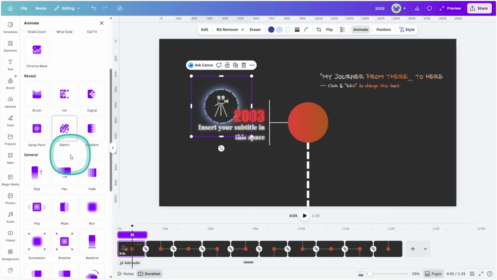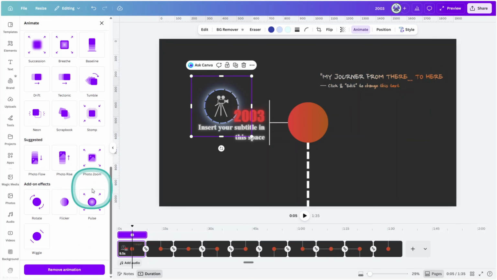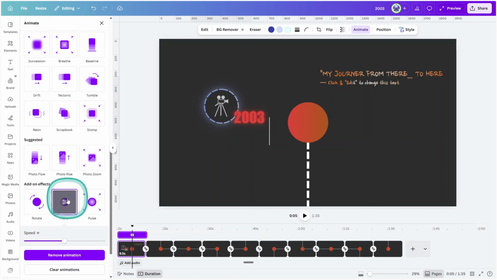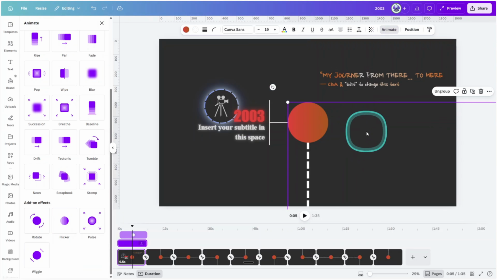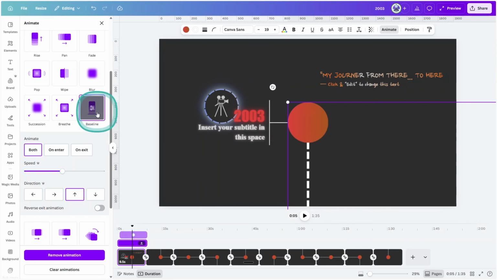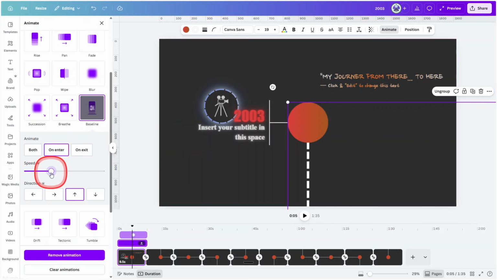Give the circle glow a fade animation. You can also add a subtle flicker effect to give the scene a bit more life. And finally, select the timeline path group and give it a baseline animation, making sure On Enter is selected. You can slow the speed slightly. This is the only time we will give this element an animation, as the rest will be handled by the